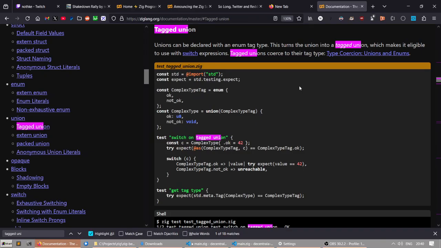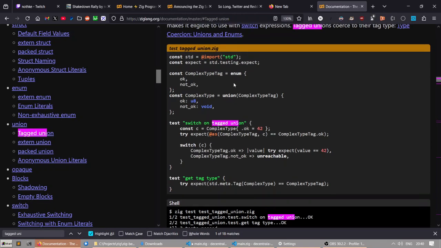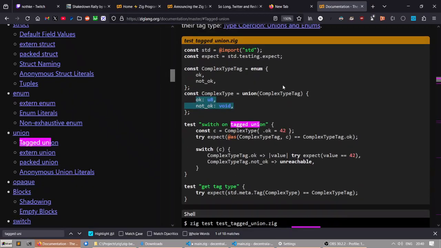So okay, so yeah, you can have an enum and then you can use an enum as a type. So now you can have multiple things as your enum. I don't know if that makes any sense, but